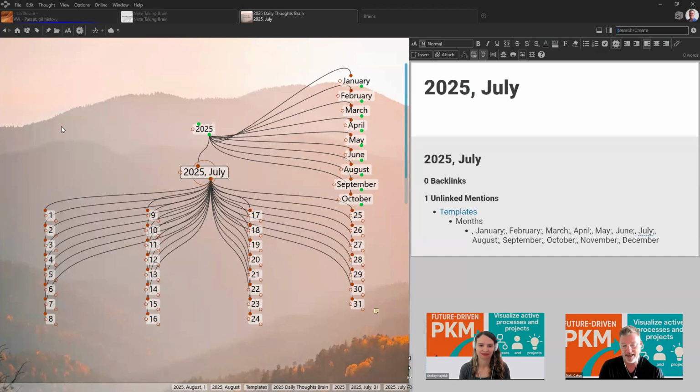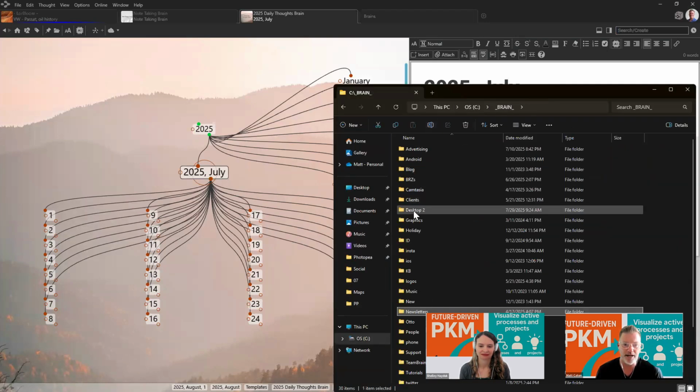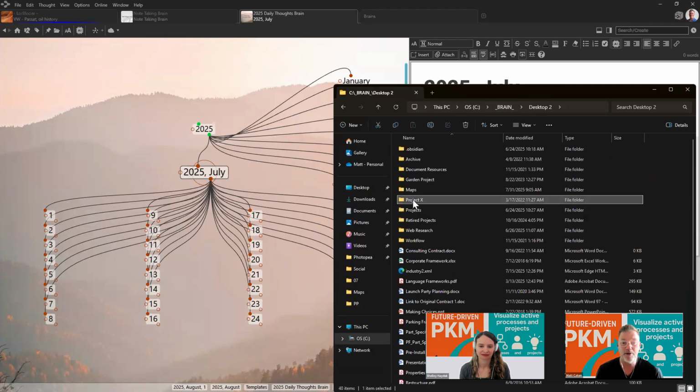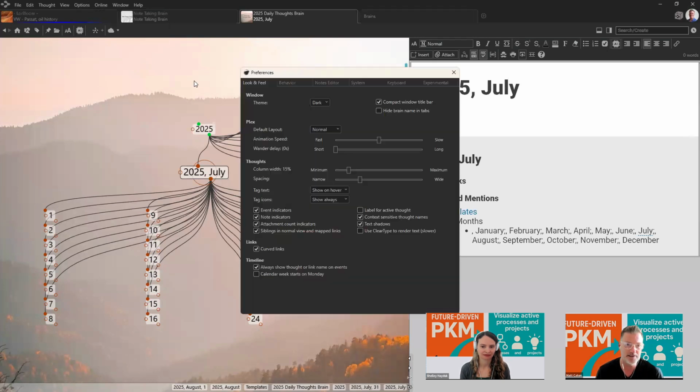You can make a link in your notes to a specific file or location. I'm going to open up a sample folder here. So if I go to my brain directory, I've got a sample. Let's say Project X is something that I'm working on right now. Now, when I drag and drop into the brain, I'm going to go up to options and go into my preferences.